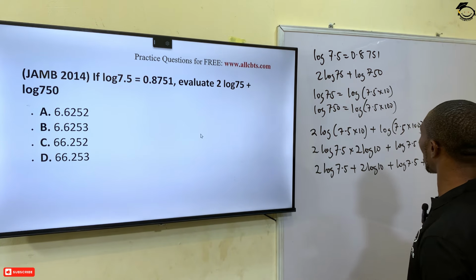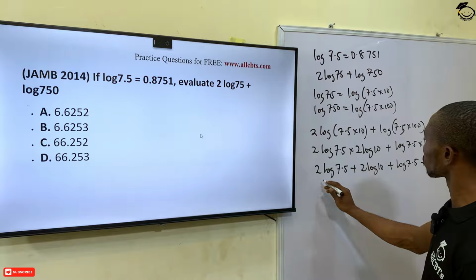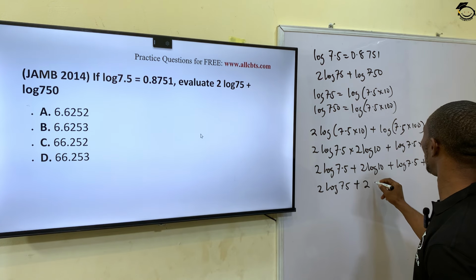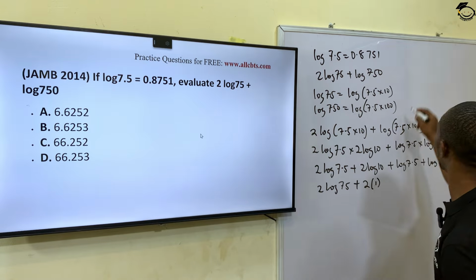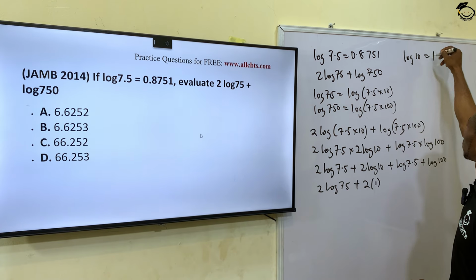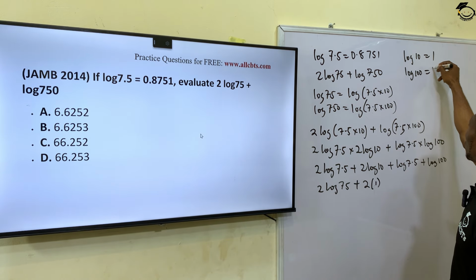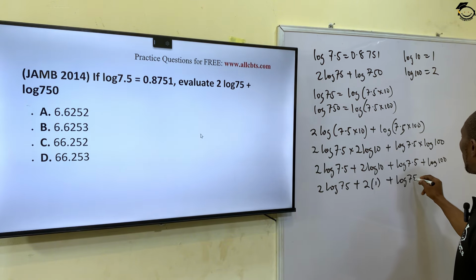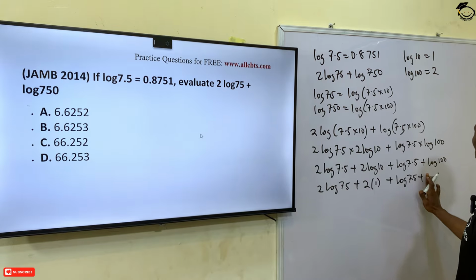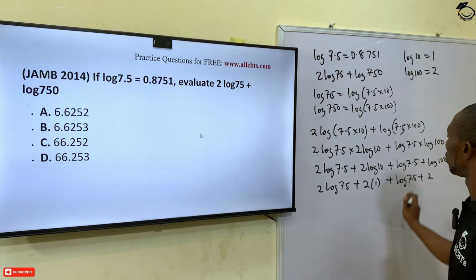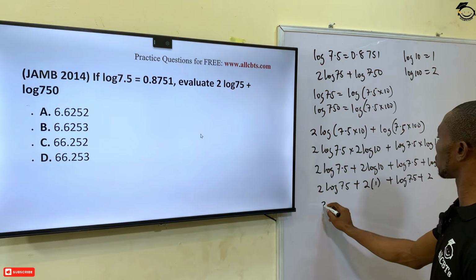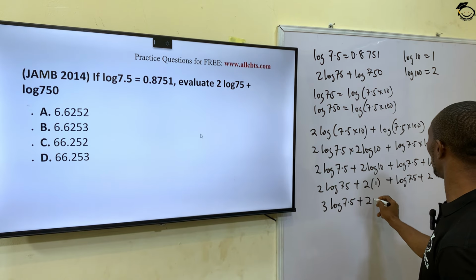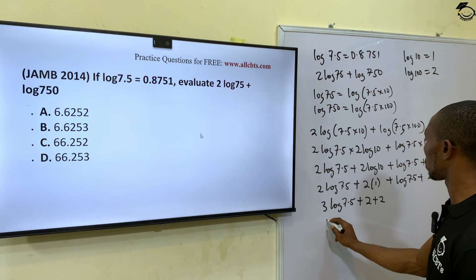Okay, now collecting our like terms, this becomes 2 log 7.5 plus 2 bracket 1. Now we know that log 10 equals 1 and log 100 equals 2. So bringing these together, this gives us 3 log 7.5 plus 2 plus 2, which gives us 3 brackets